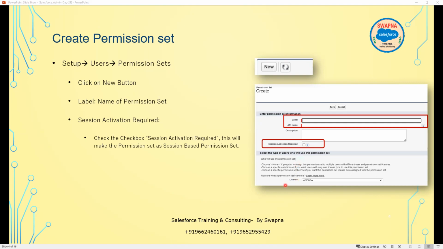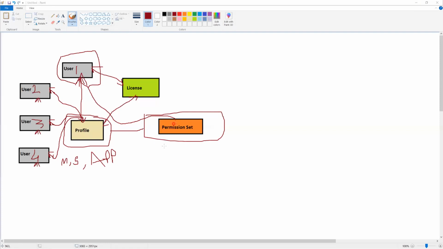And then we have a license. A license is not mandatory for the permission set, but in case you want to keep a license, you can use it. Now, if I use a license at the permission set level, what will happen? When you apply a license on the permission set,